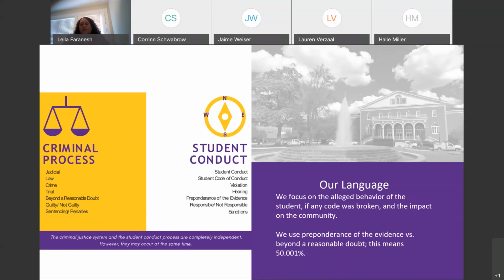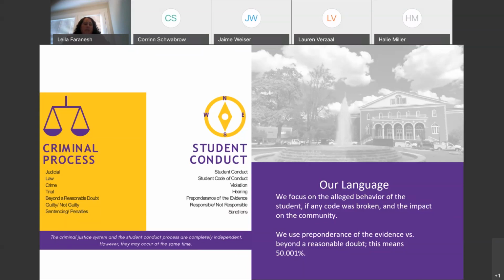So some words you hear in the criminal process are judicial. We use the word student conduct. The criminal process refers to the law. We refer to the student code of conduct. The criminal process accuses someone of violating or committing a crime. We use the word violation of the student code of conduct. We do not have a trial, we have a hearing. And the standard of evidence we use, again, is preponderance, which is more likely than not, or 50.001%,